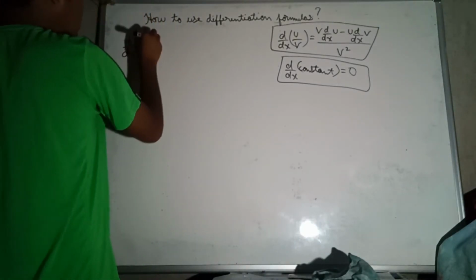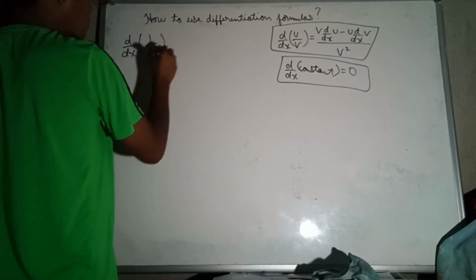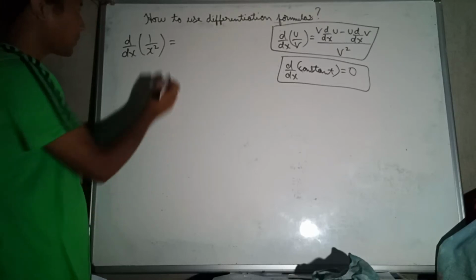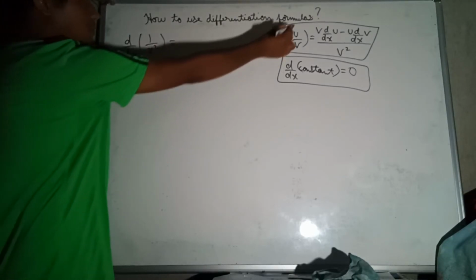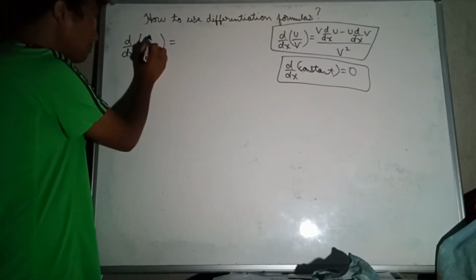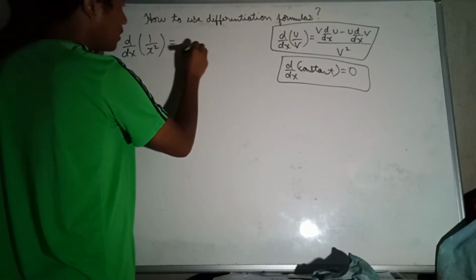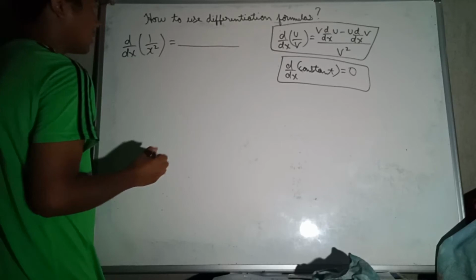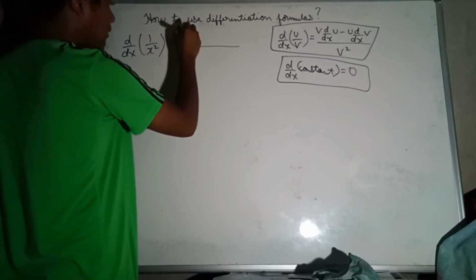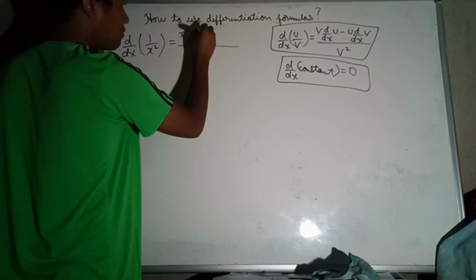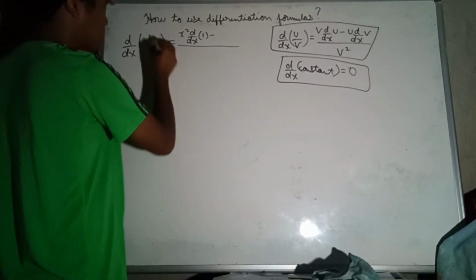So the d/dx of 1 by x squared is equal to... so that's again the d/dx of u by v formula, where u is 1 and v is x squared. So it's going to go x squared into d/dx of 1 minus 1 into